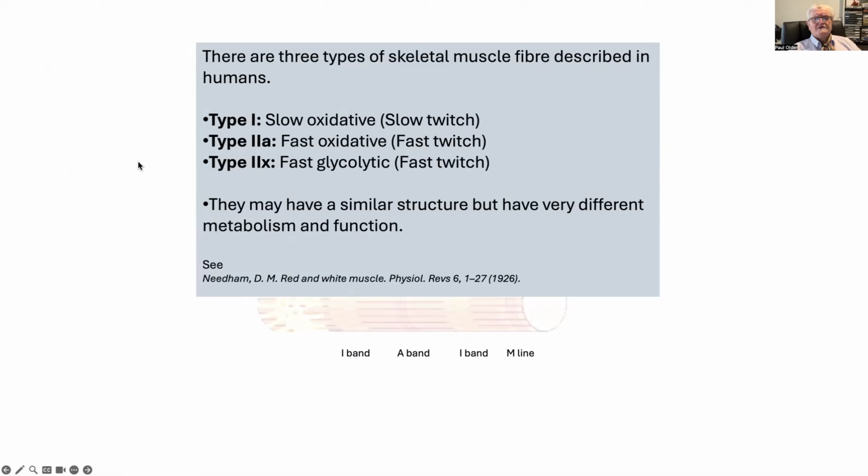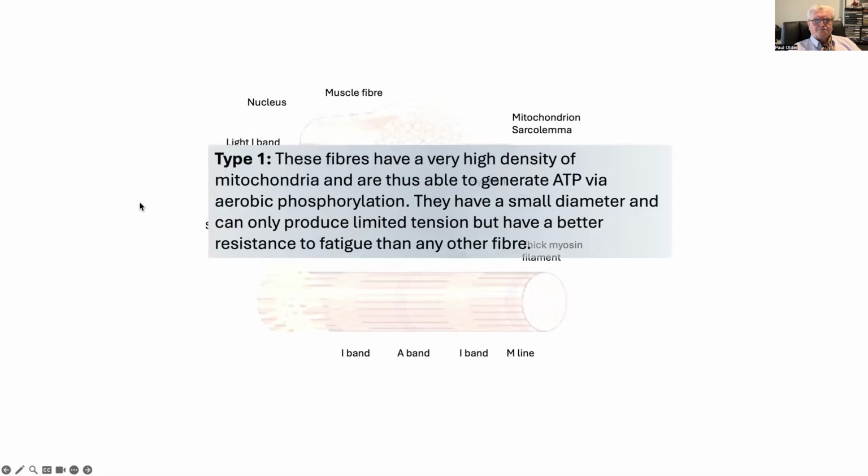3 types of muscle fibers are described. Type 1, slow oxidative, slow twitch; type 2A, fast oxidative, fast twitch; and type 2X, fast glycolytic, not oxidative. They may have a similar structure, but have a very different metabolism and function. The type 1 fibers have a very high density of mitochondria and are thus able to generate ATP via aerobic phosphorylation. They have a small diameter and can only produce limited tension, but have a better resistance to fatigue than